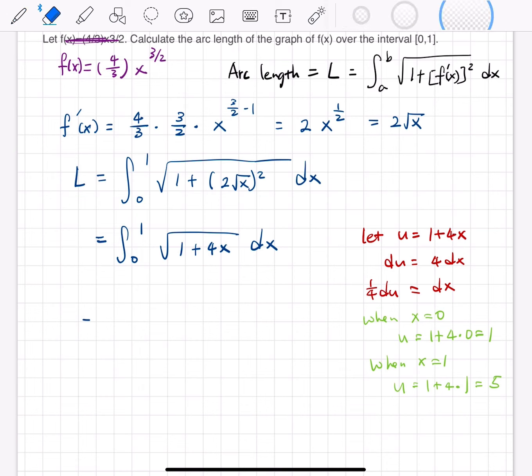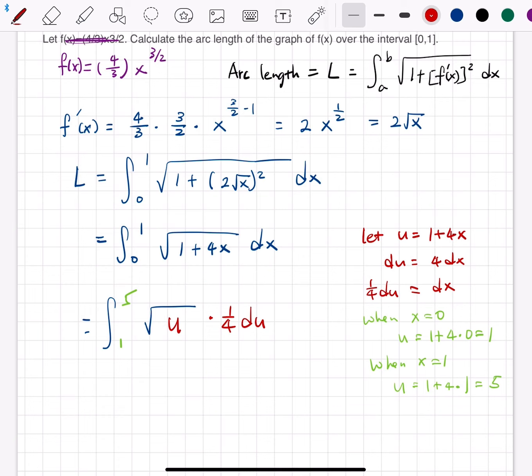Let me change the color. The integral from 1 to 5 of square root of u times 1/4 du, which is 1/4 u to the 1 half power. The antiderivative is 2 over 3 times u to the 3 over 2, and evaluate it from 1 to 5,